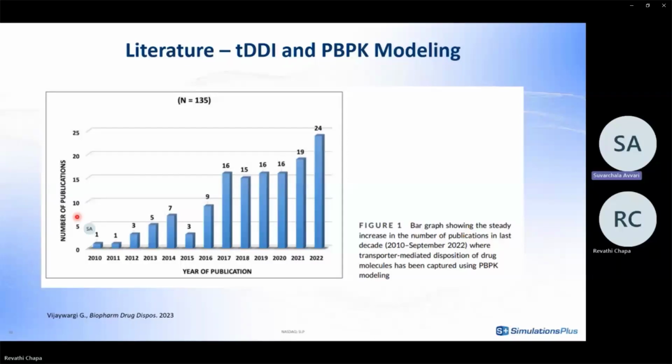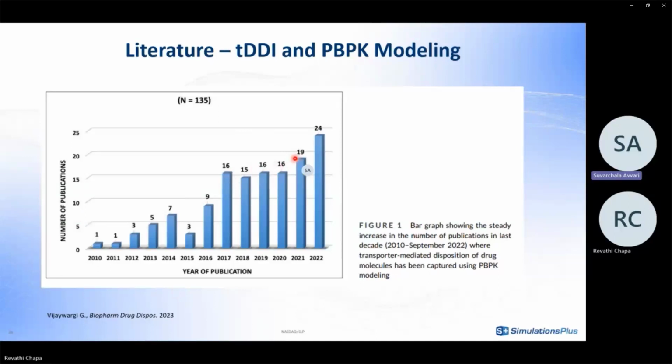And in this slide, the use of various modeling approaches such as static and dynamic PBPK modeling approaches to simulate the transporter-mediated disposition, and also to quantitate the transporter-enzyme interplay are being increasingly utilized. And this is evident from the figure which depicts the